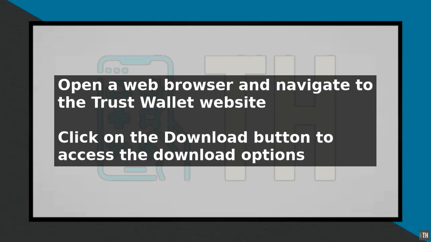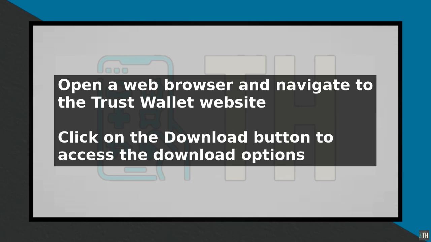To get Trust Wallet on PC, you need to follow a series of steps. First, open a web browser and navigate to the official Trust Wallet website. Click on the download button to access the download options. Since Trust Wallet is primarily a mobile application, you will need to use an Android emulator to run it on